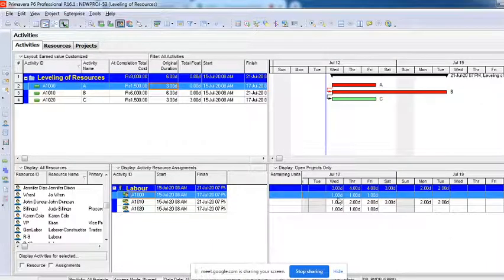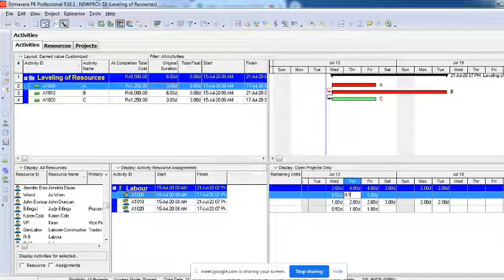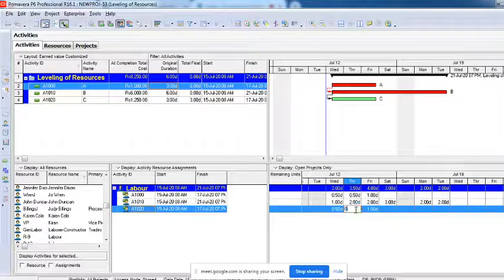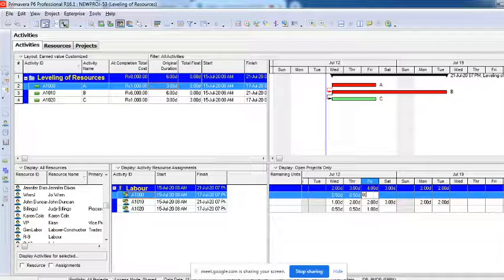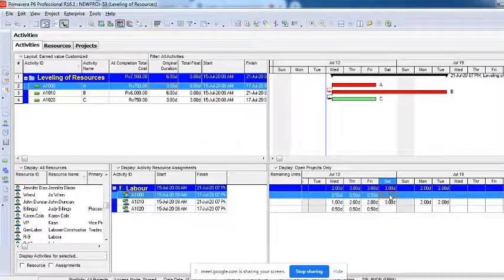Now I'll go back again to the resource graph. What I can do is crunch it in this way also. I'll show you how. I'll make this 0. Where do I change it? I'll have to select it here. I'll make it 0.5. What do I mean by this? 0.5 means I'm asking my labor to work half a day on activity A and half a day on activity C. But the work has to be constant. That means I'll have to increase the duration of the work.